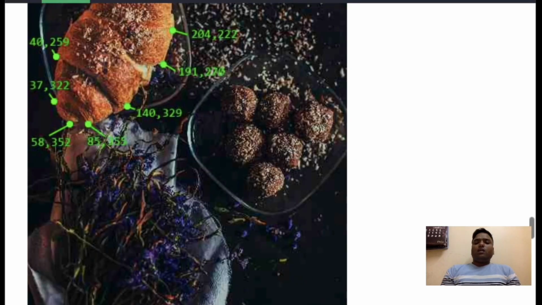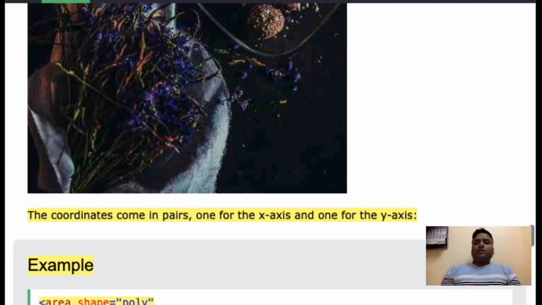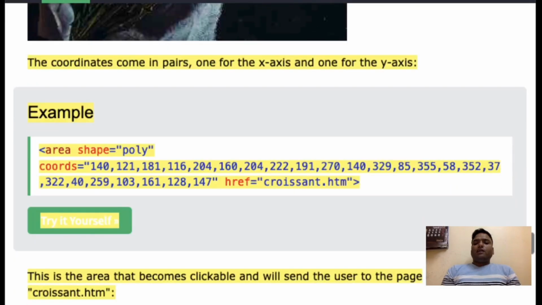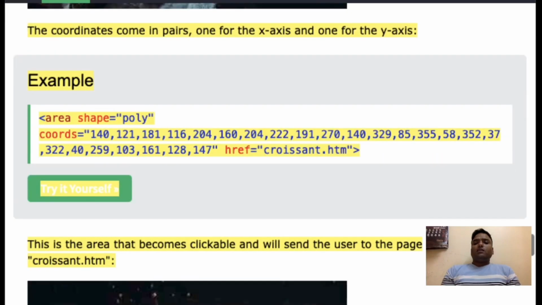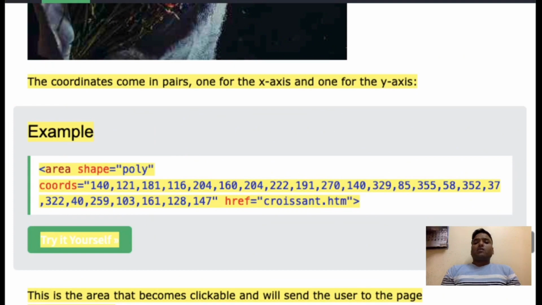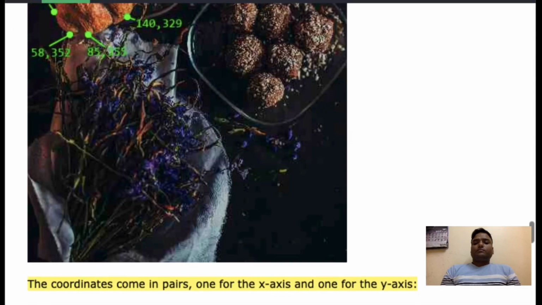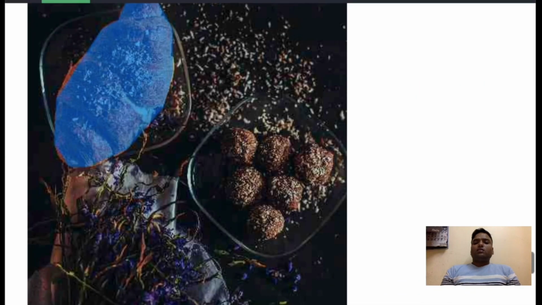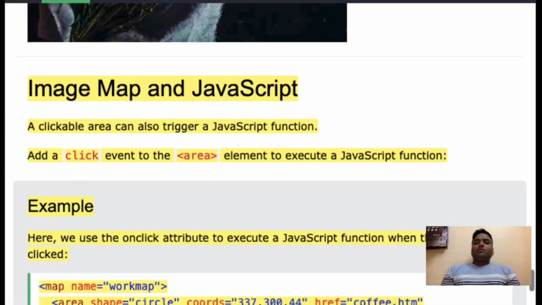Here you can define the various coordinates in pairs, and all the area that is defined by the pairs will be used as a clickable area, and it will redirect the user to the href where it is defined. But you have to remember the coordinates will always come in pairs, one for the x-axis and the other for the y-axis. Otherwise it will not work.